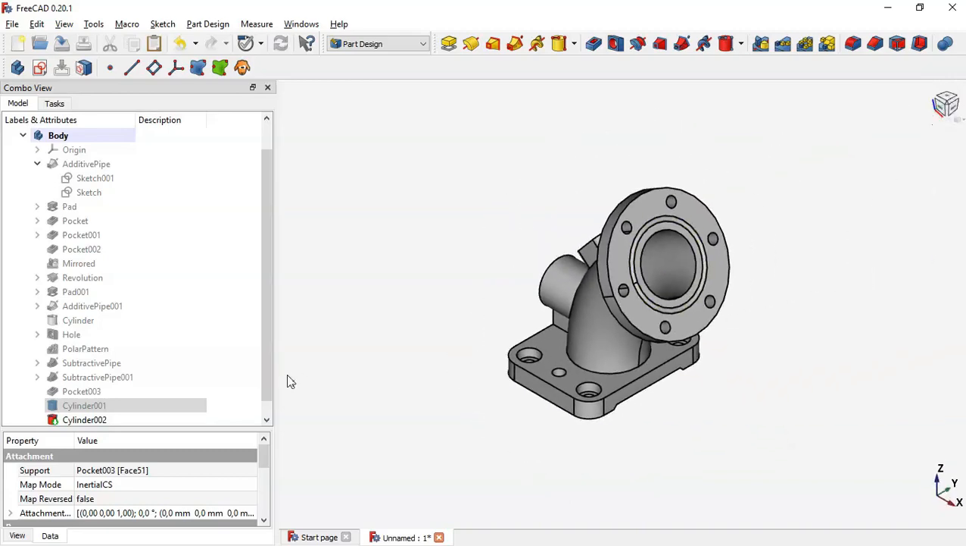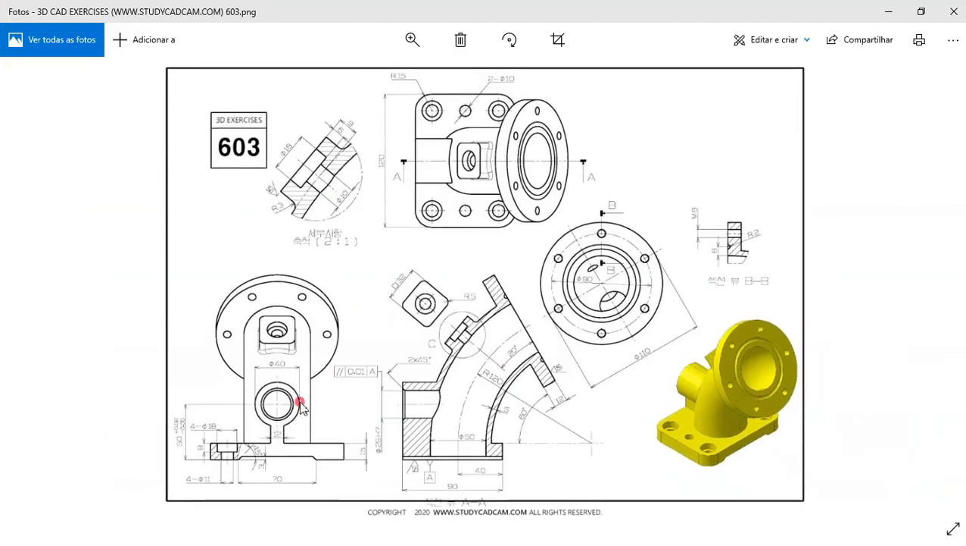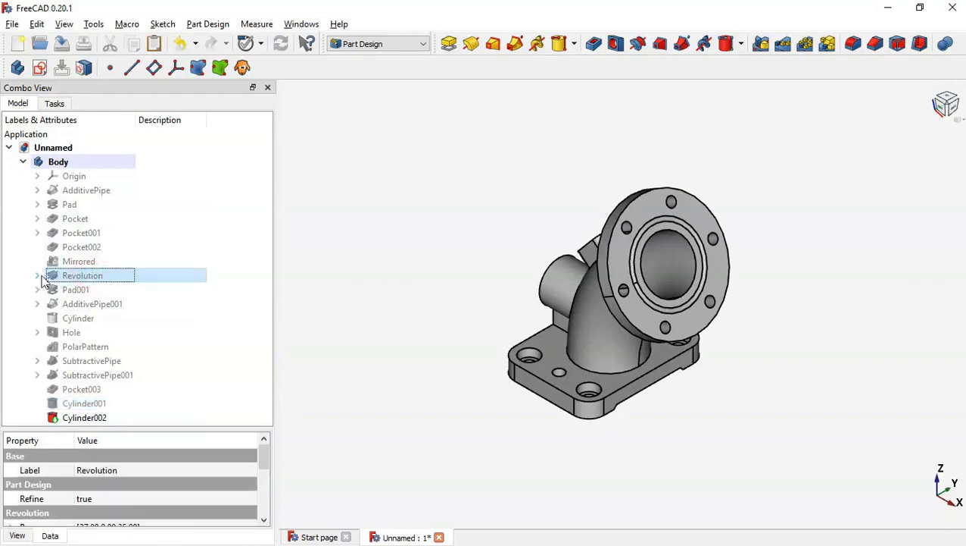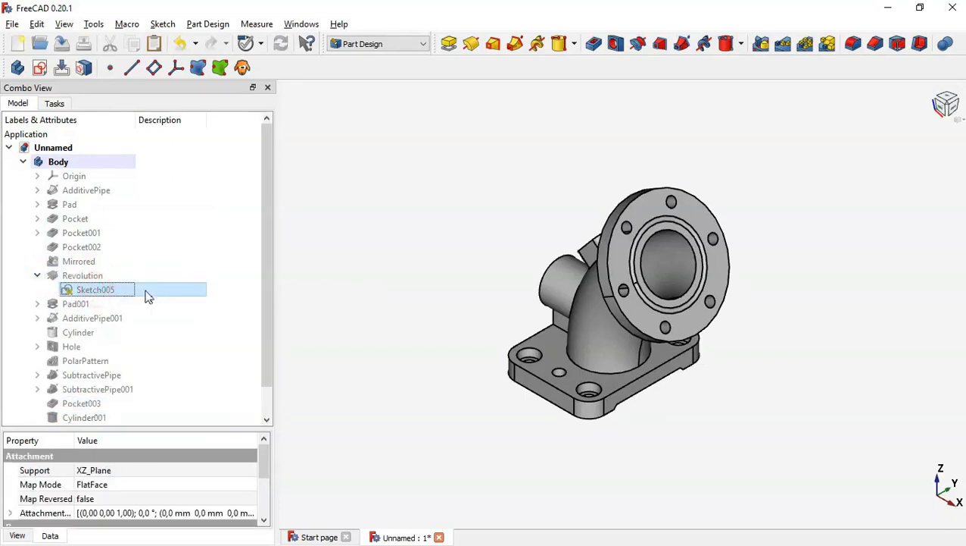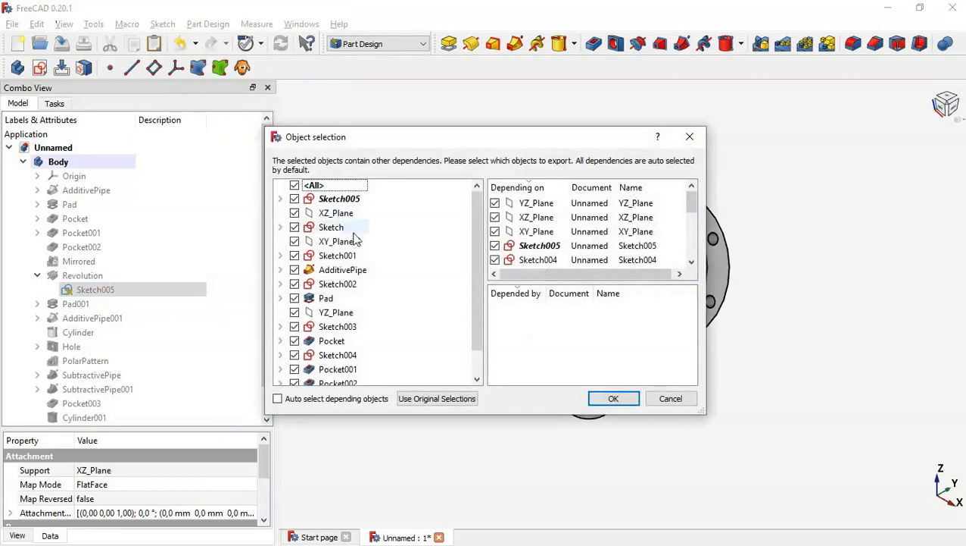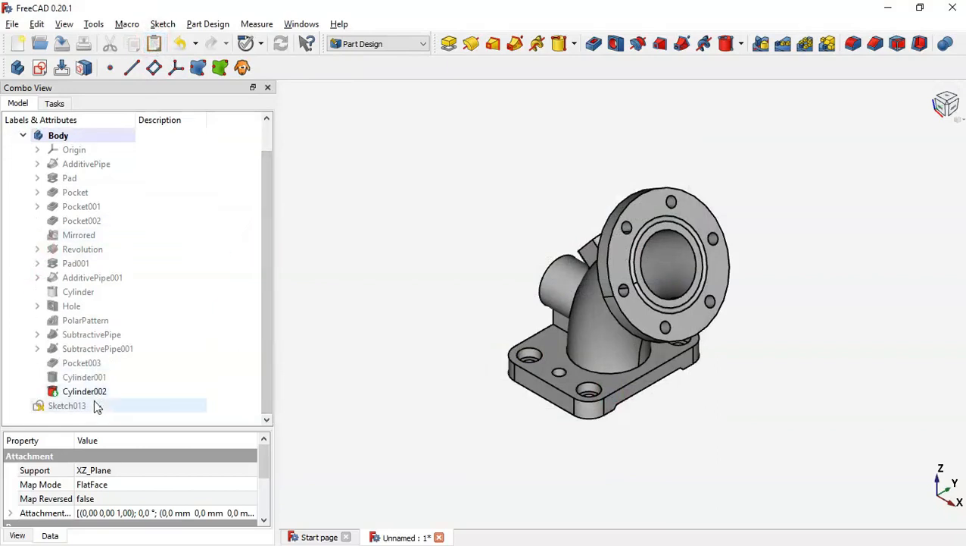Okay, and next here to create this wall here, what to do is to go to this revolution operation, click in this arrow, and now click in the sketch here, and click on mouse and go to this copy option, and here we'll copy this sketch. Now click OK and click in this paste icon, and now we drag this sketch here into this body,